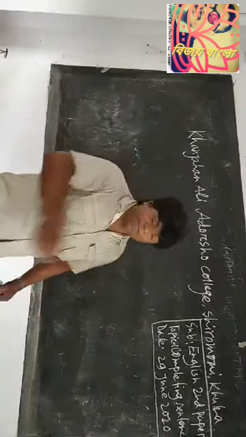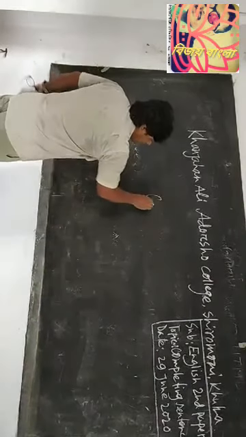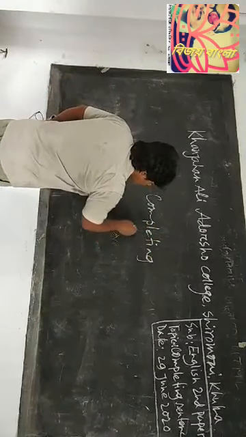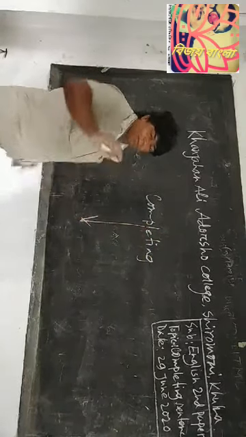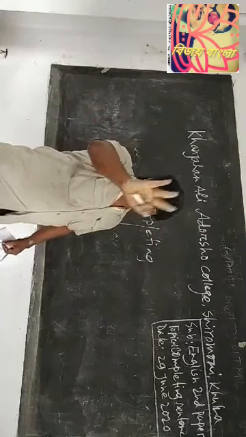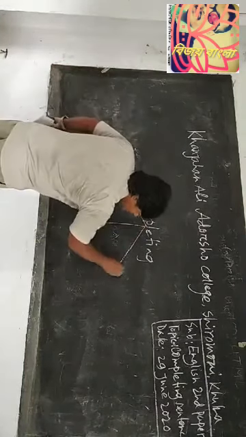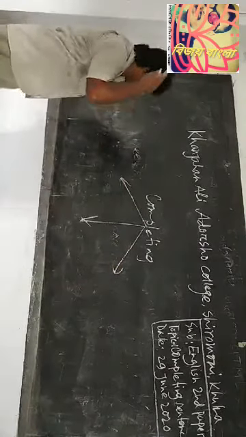For example, if it is completing, it has three wings. Three wings. 1, 2, 3. First wing,